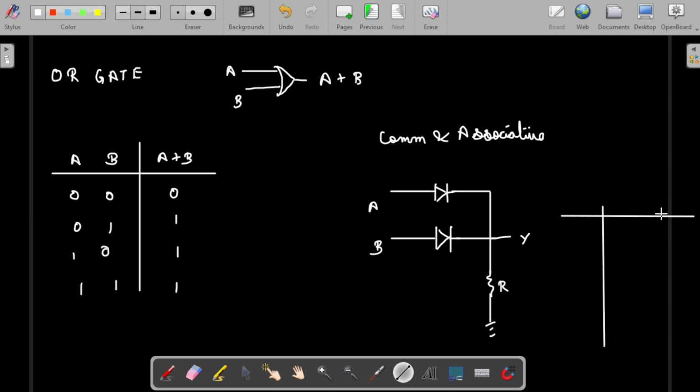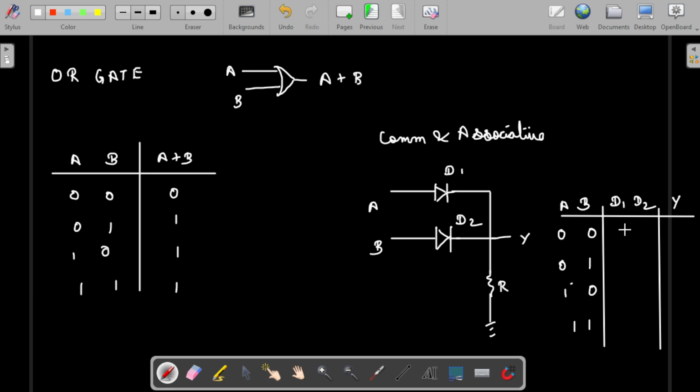So this is the A and B input, and this is the diode circuit output. So here it's A, B, here it's D1, D2, and here it is Y output. So this is diode D1 and this is diode D2. So if we give inputs 0, 0, 0, 1, 1, 0 and 1, 1, then the output will be,